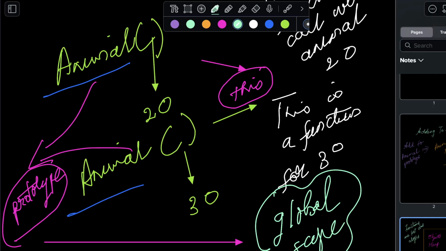So I need to add two methods, right? Increment and then again decrement. Action. This is going to do this dot